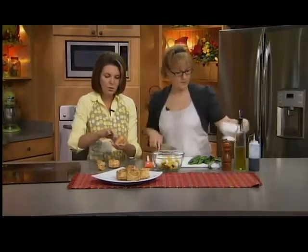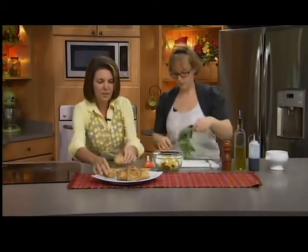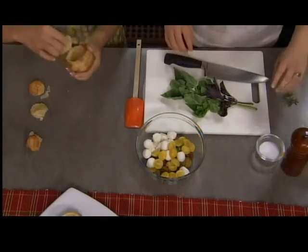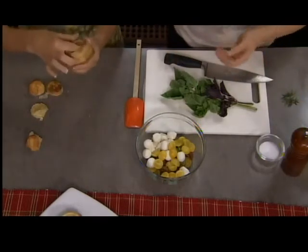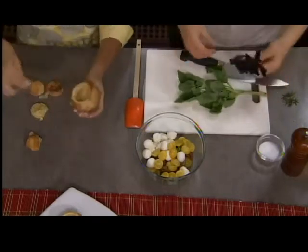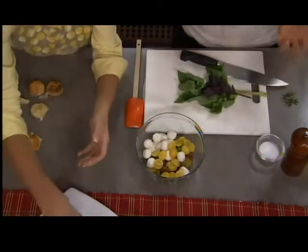So you can just use your fingers and just clean out the insides. Sometimes I'll split the biscuits in half if I'm doing like a turkey a la king. So there's a lot of ways that you can do these. Exactly. Don't feel that you're limited just to one direction. Right. And the last ingredient for the tomato tartlets,